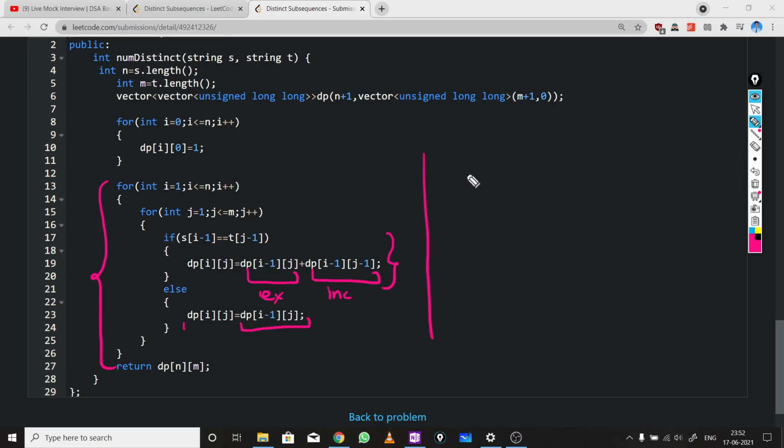we know that in this problem, given a string s and a string t, we have to apply the deletion operation only on s. We can't disturb or change the t value. Whatever operation we use, we use it only on s. So in this case we don't disturb t, and yeah, this is our code. I hope you understood this problem. Okay, thanks.